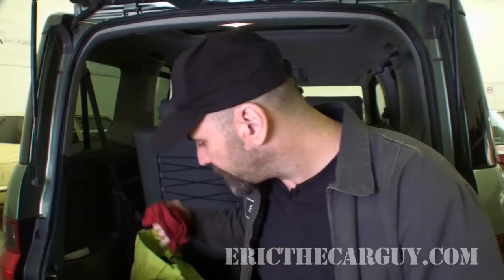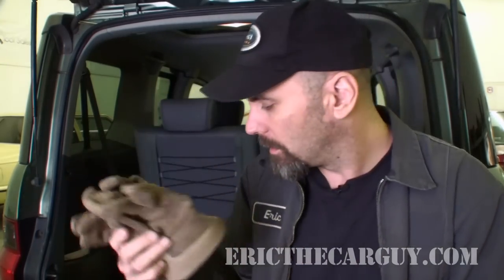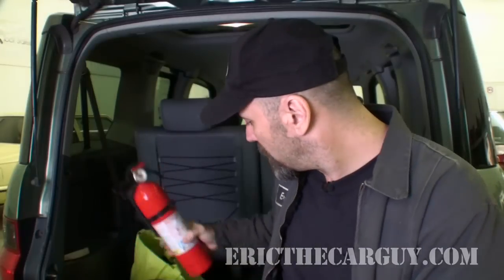Another thing I have, old oily rags. I have one of those. I also have just regular work gloves. And that's mostly if I have to do something with exhaust or something that might have a lot of heat to it, I carry those around. Also, a small fire extinguisher,